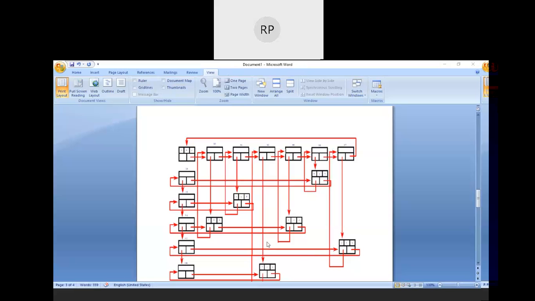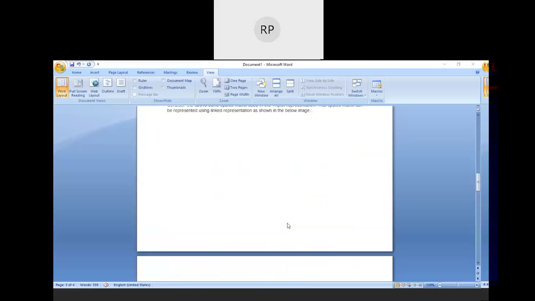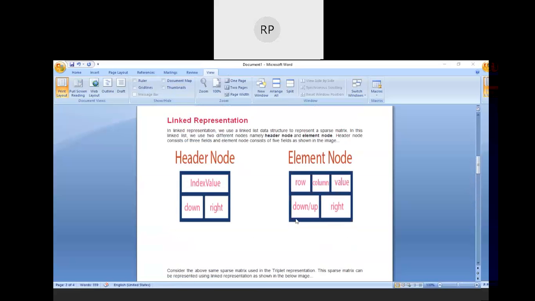Okay, now these linked lists are circular linked lists. Using circular linked lists we are going to represent a sparse matrix, and we are going to use these two types of nodes, header nodes and element nodes. Try to solve the problems from the question papers. If you get any difficulty in solving, you can contact me. Okay, still if you have any doubts,